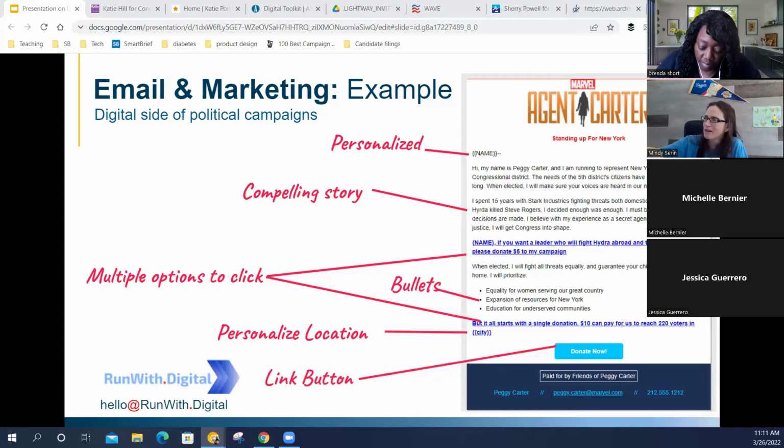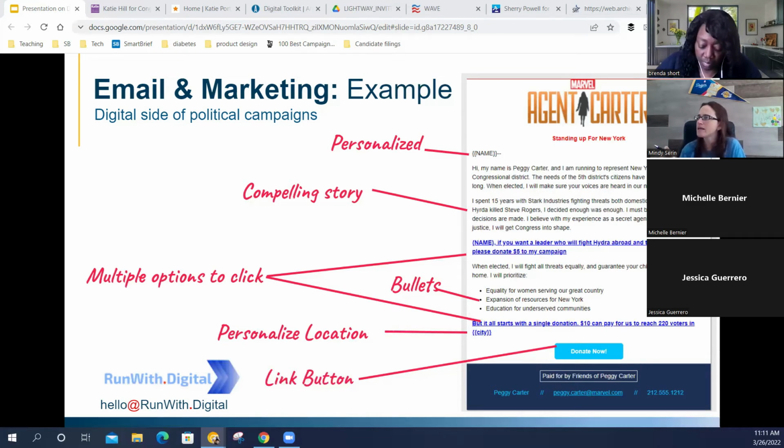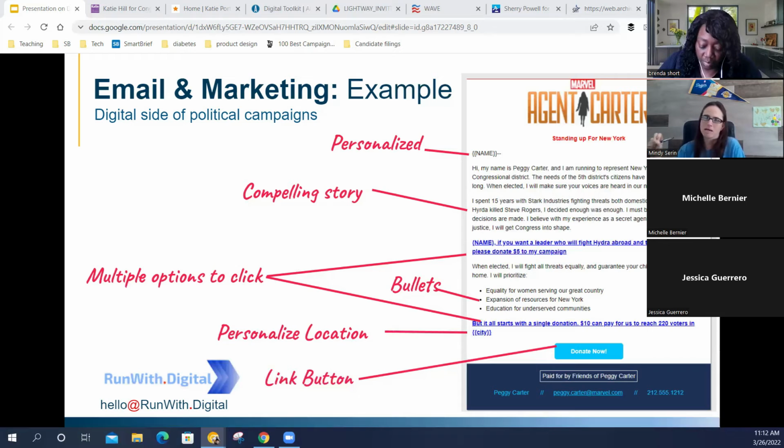But what's good about this, and I should add a point for this, is that $10 can pay to reach 220 voters. I know exactly what's going to happen with that $10, and it's believable. They're not saying $10 will help me win. It's not saying $10 will help drive 10,000 people to the polls. It's very believable. It'll help us reach 220 voters. How are we going to do that? It might be phones, it might be walk lists, it might be paying for pizza for volunteers, but it's a very believable connection to what the money can pay for.